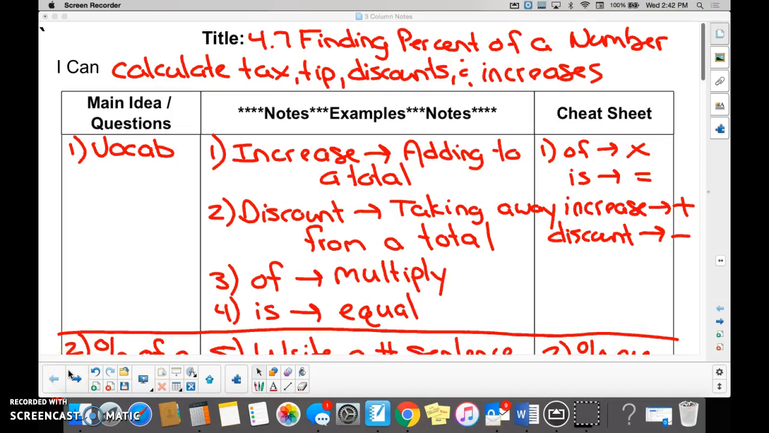4.7 5% of a number. I can calculate discounts and increases. Thank you, Koijan. The I can statement was calculating tax, tip, discounts, and increases. We're getting there, right? Some of you are there, right? Okay, so